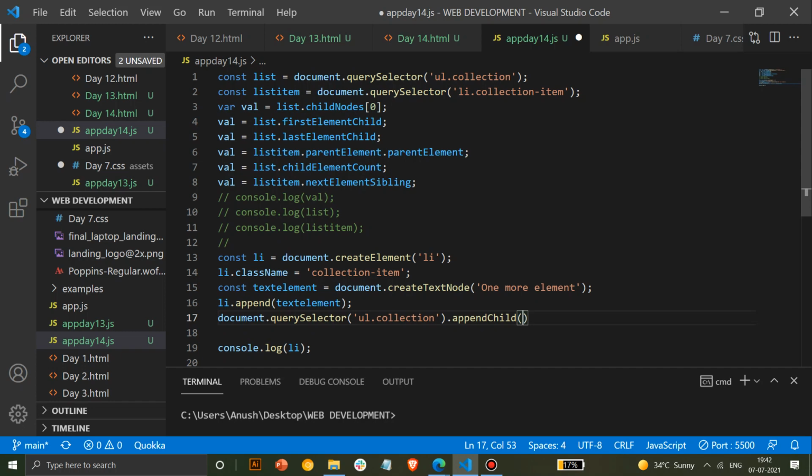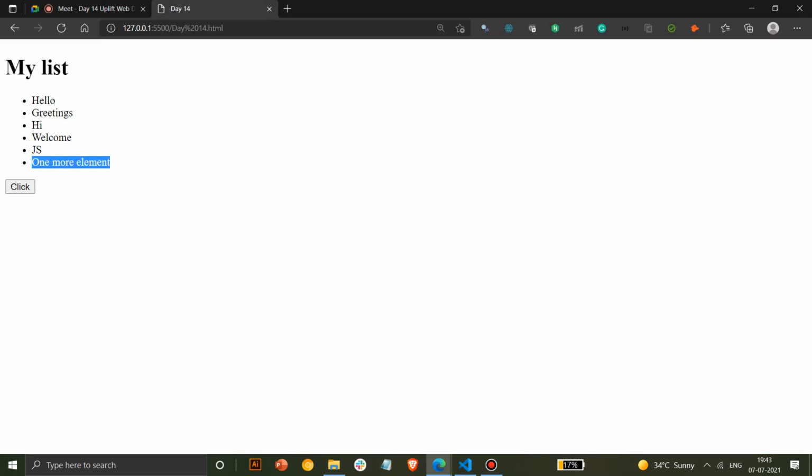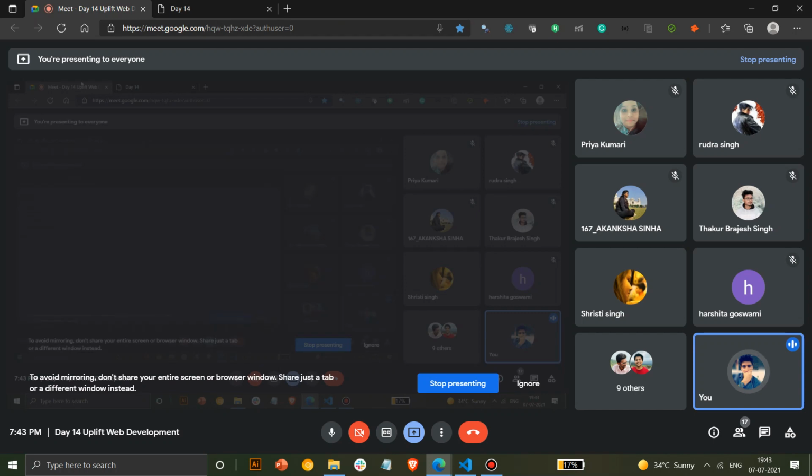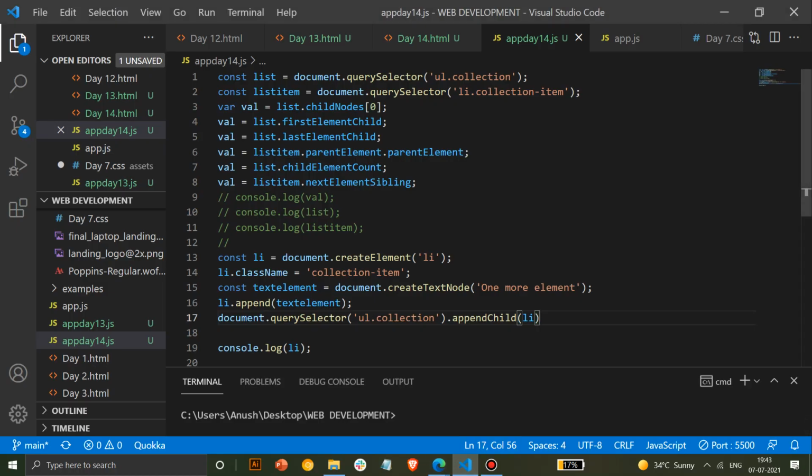Okay, now here you will put the variable, because everything you have done is through the variable. And now as soon as you click this, you can see one more element has been added here. Okay, any doubts, any problems, any issues till now? Because this is more of a front end thing, so you will require this a lot. So I have to explain this in a lot of detail. Now I think it must be clear why I'm using append child.